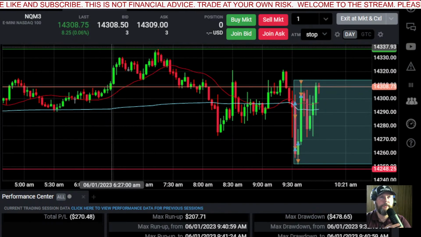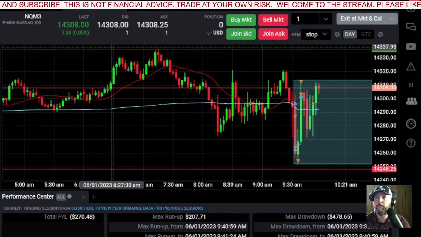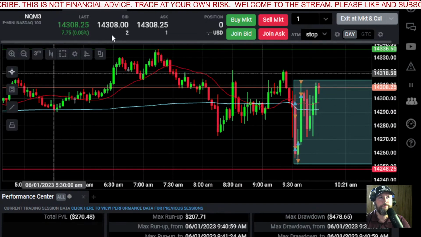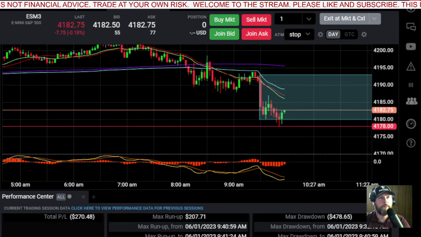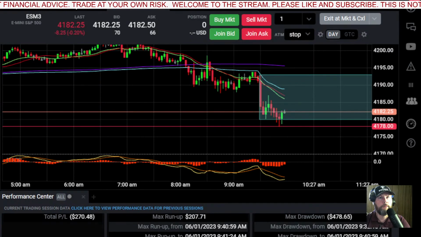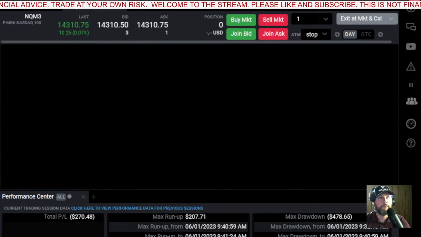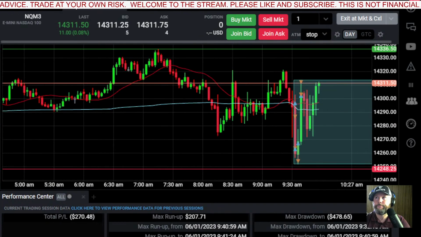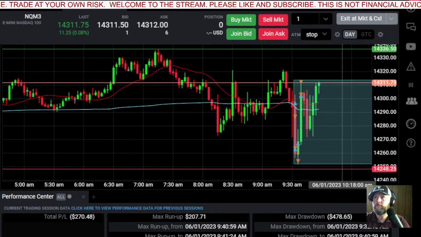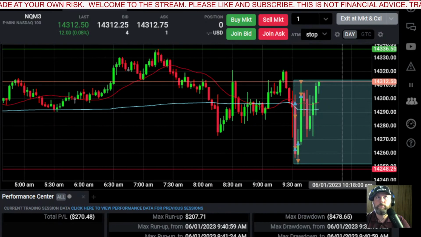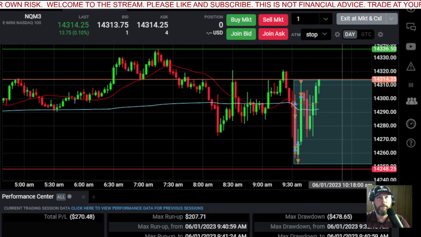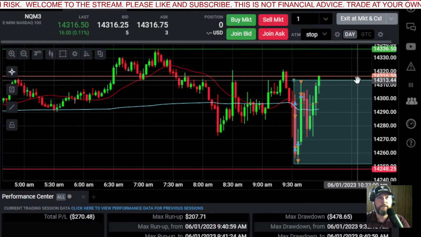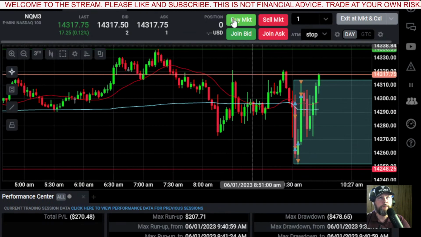Nasdaq approaching the top of that 15-minute range there. ES still firmly in the middle. The 15-minute range on the Nasdaq's right there at 13, so